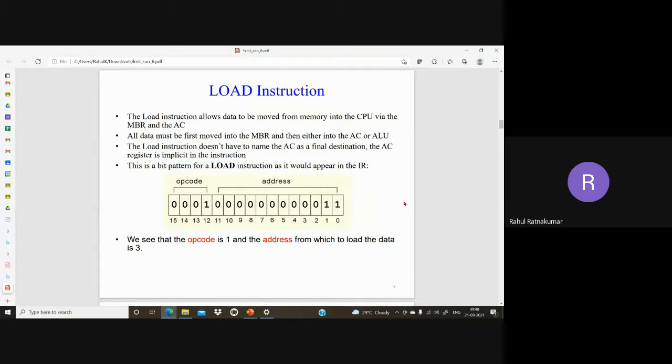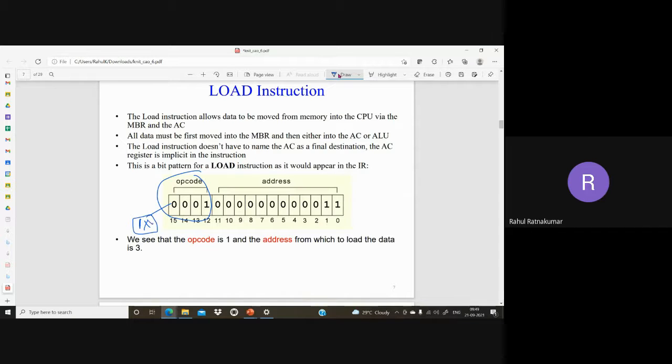Load, what happens in load? In load, we need to load the accumulator with some data from the memory. So load always needs some address. Whenever you specify load, the opcode will have some data, maybe here it is 1. Load stands for 0001, so the code for load is 1. The next 12 bits are for the memory, so you can say XXX, something like this. This stands for the memory operand. So in total there are 16 bits.